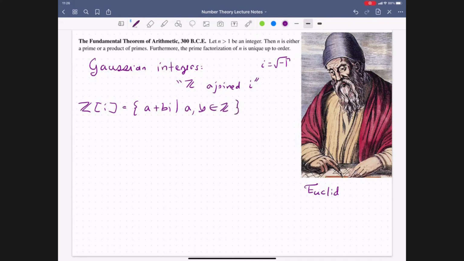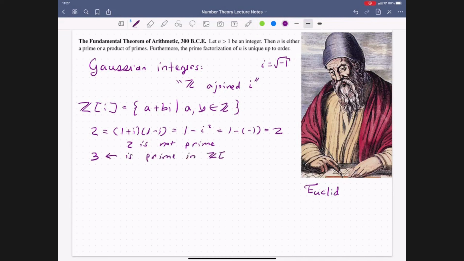And we will go ahead and extend the notions of prime that we have covered up to this point, and composites, we can generalize these statements. But then we could ask, is a number like 2, is this still prime? And it turns out that it's not. Because in the case of 2, this is 1 plus i times 1 minus i. We have a difference of squares. So here we have 1 minus i squared, which gives us 1 minus negative 1, so we get back 2. And so 2 is not prime. What about 3? It turns out that 3 is prime in here. But 5 is not. And in the case of 5, we have 2 plus i times